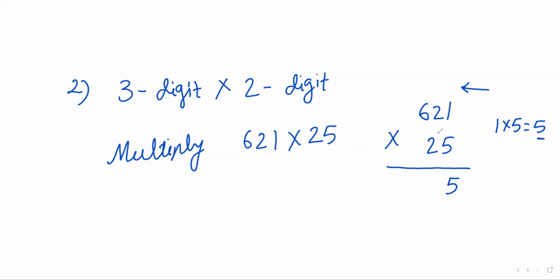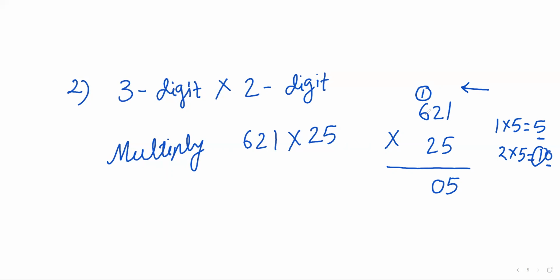Okay, now multiply this 2 by 5. What will we get? 2 into 5, 5 2s are 10, right? Here, as we have seen, there are 2 digits. Now take this last digit, that is 0, and write it here, and take 1 as carry and write it above the next number, 6, because we got this carry after multiplication of 2 and 5. The next number after 2 is 6, right?